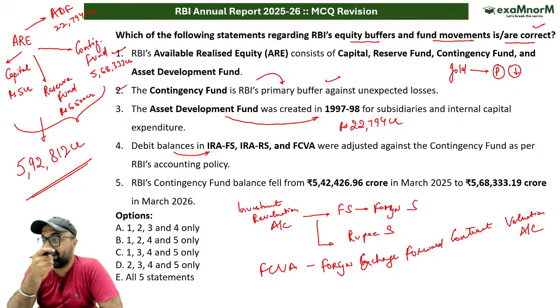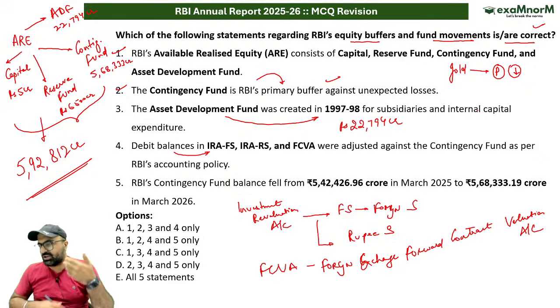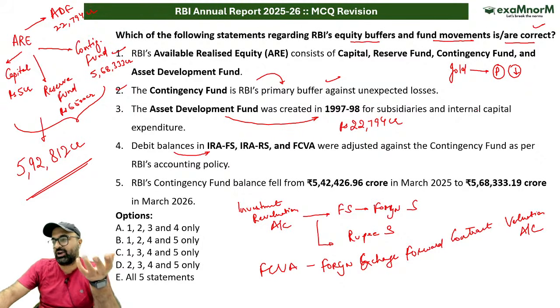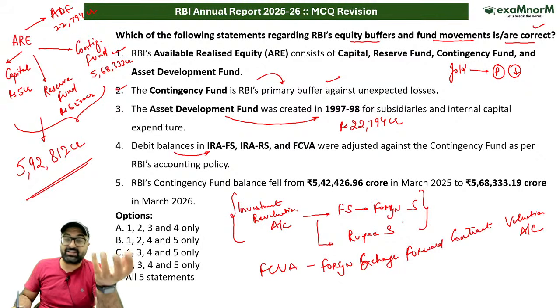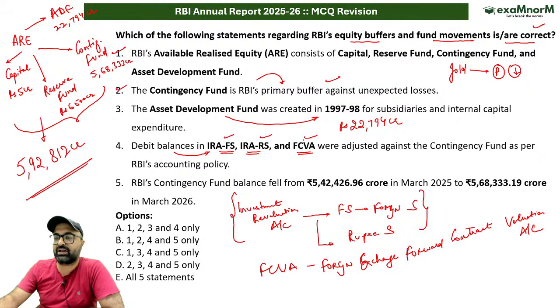Now, what is investment revaluation account? RBI invests a substantial portion of its foreign exchange reserves in foreign government bonds, as well as in other foreign securities. The market value of these securities changes when interest rates change. Bond price and interest rate, we all know, are inversely proportional. Therefore, when interest rates rise in major economies such as the United States or Europe, the prices of existing bonds fall. Due to that decrease in the price of bonds held by RBI, the holding value of RBI's reserves decreases, and that decrease is compensated with the help of these accounts. This is for foreign securities, this is for rupee securities, and this is for the foreign exchange forward contract